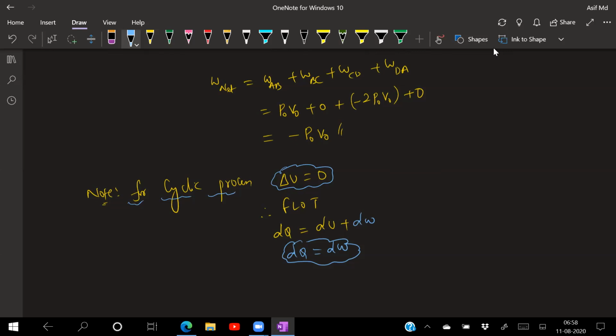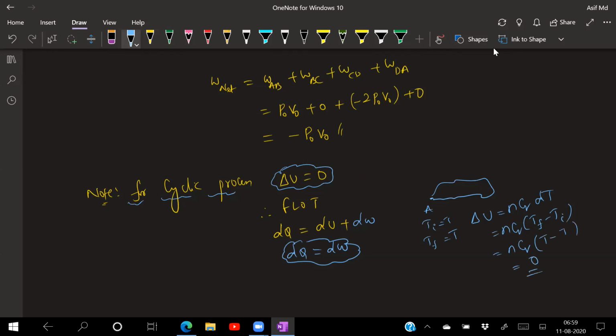Because the starting and the ending point is the same, sir, and the temperature is also the same. Say it is A and the initial temperature is T; you moved and came back to A. That means final T is also T. The internal energy formula I told you: delta U is equal to n into CV into dT, that is n into CV into T final minus T initial. So T final is T, and T initial is also T.